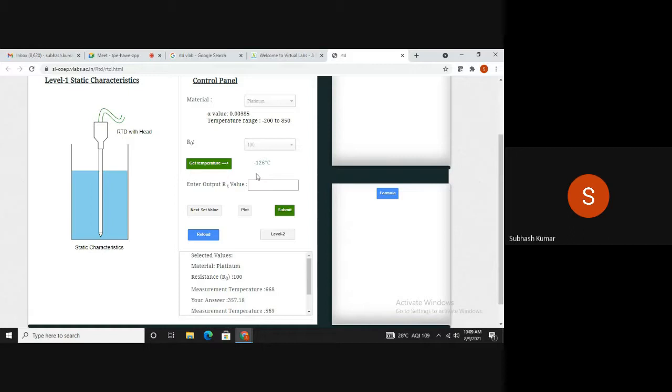It will be 51.49. We submit it and it is correct. So with three different values, we are plotting the graph. Just click on plot.